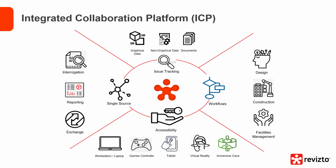So what Revisto does is it truly bridges the gap between design authoring tool, Navisworks, project management tools, and really offers this environment for the whole team to see all this information at their fingertips. Now, one of the great things about Revisto is the ease of use, and that goes for anyone on the project. The user interface is the same on your desktop as it is on your iPad. We directly cache information to your device. You don't have to be relying on Wi-Fi connectivity, which means that you can take this information into the field,